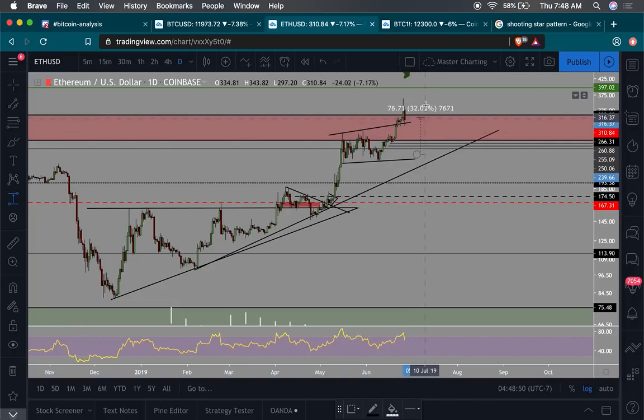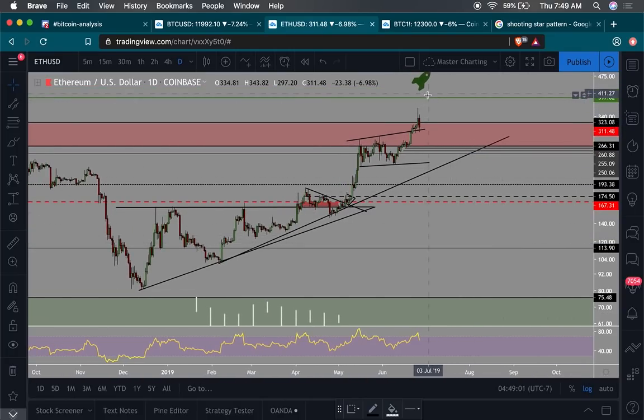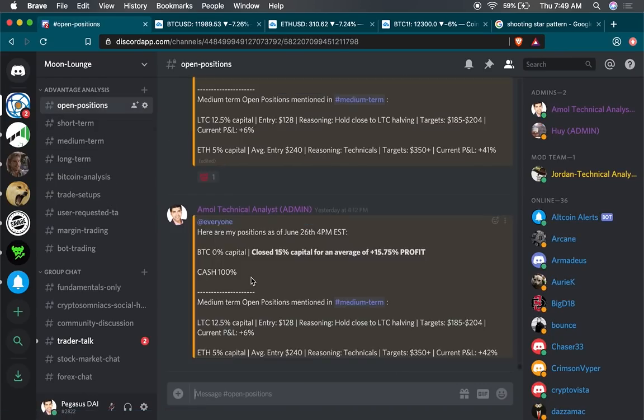Okay, so pretty great. I was up to a high of about 51% or 52% yesterday, but I didn't want to close it because my targets for Ether are about $390 to $400. It's actually a medium term trade, so I'm really not concerned about what kind of time frame I'm looking at right now. Typically I keep my medium terms open for at the very least a few weeks,